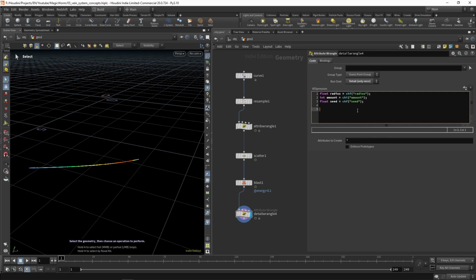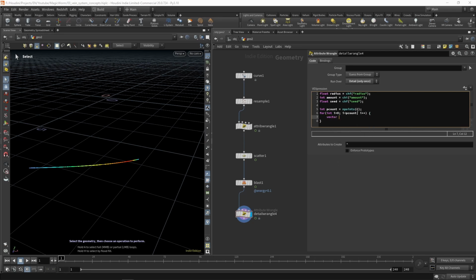Let me show you. So P count is the number of points. For int i equals 0, i less than P count, i plus plus,